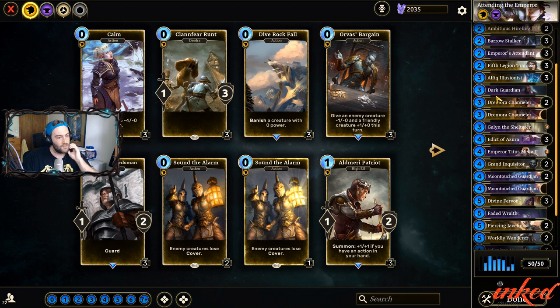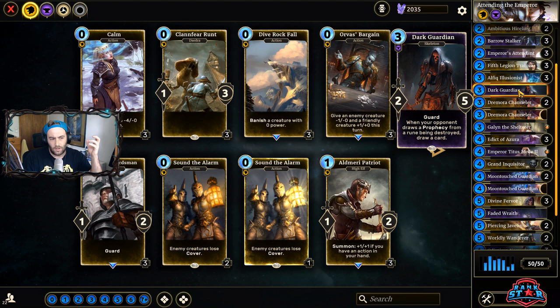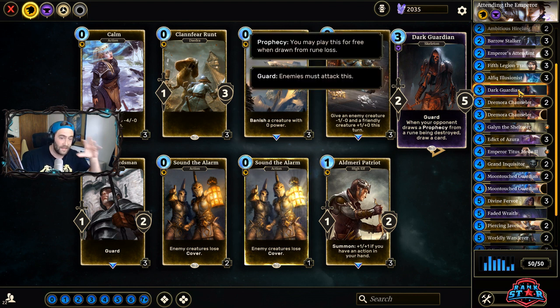It's important to remember, so you'll want to do that at times. So we have the Alfiq Illusionist, we talked about that. Dark Guardian is in here kind of just as a curve filler. We'll see if that sticks around, but for now, I'm okay with it. It's also just a guard, and this deck is a control deck. You want to play controlling with this deck until you can assemble a board big enough to zap your opponent